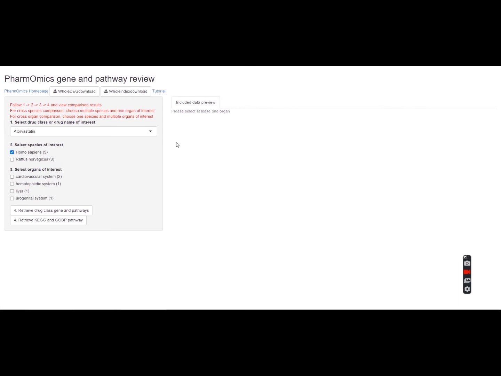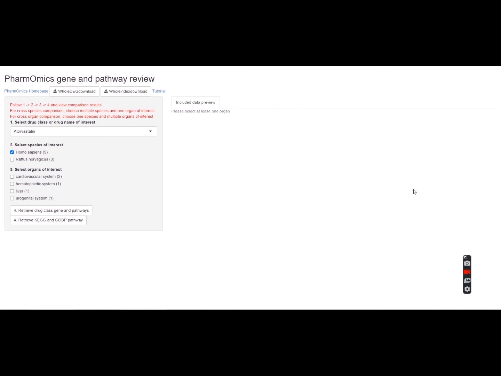So only for 3 organisms can you find data on drug-induced gene expression. In the third part, you can also select the kind of organ or organ system. This database allows you to find not only species-specific data, but also tissue-specific data. And when you find it, you can retrieve more details, and there will also be a link to another database,